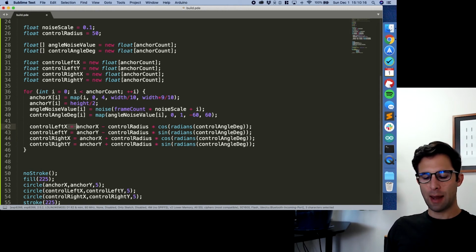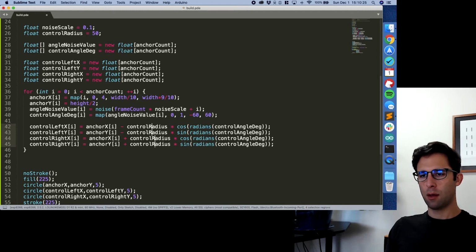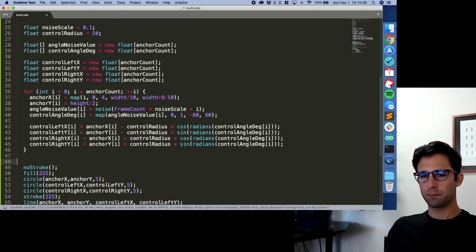And now we need to add a lot of these indices. So here and here, that's a scalar. And control angle degrees is also of I. And